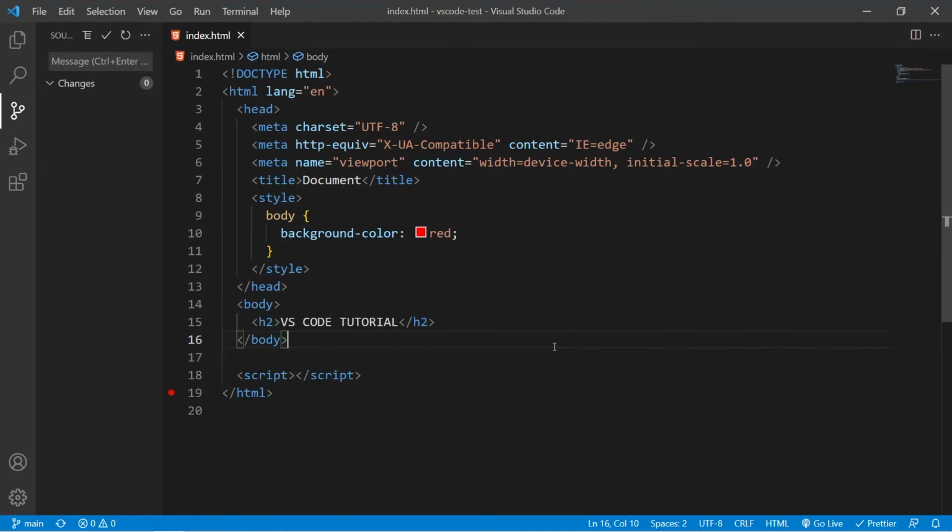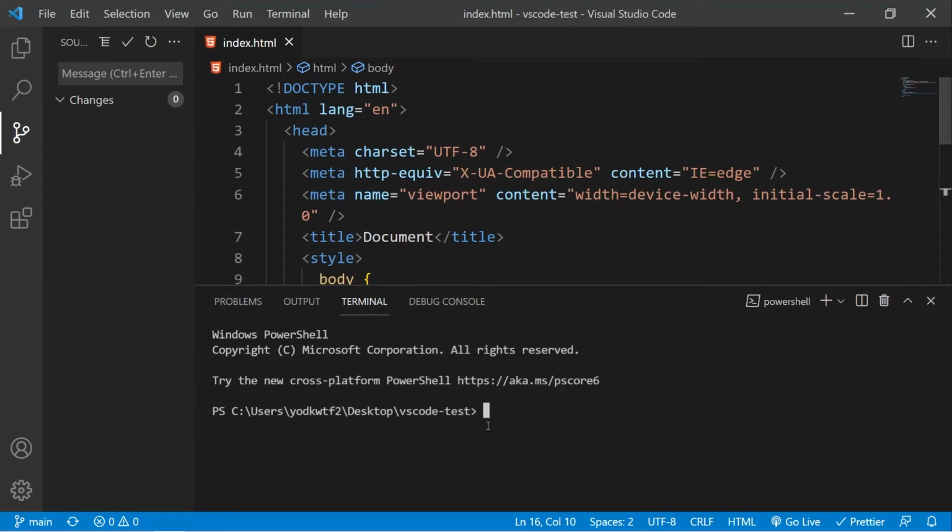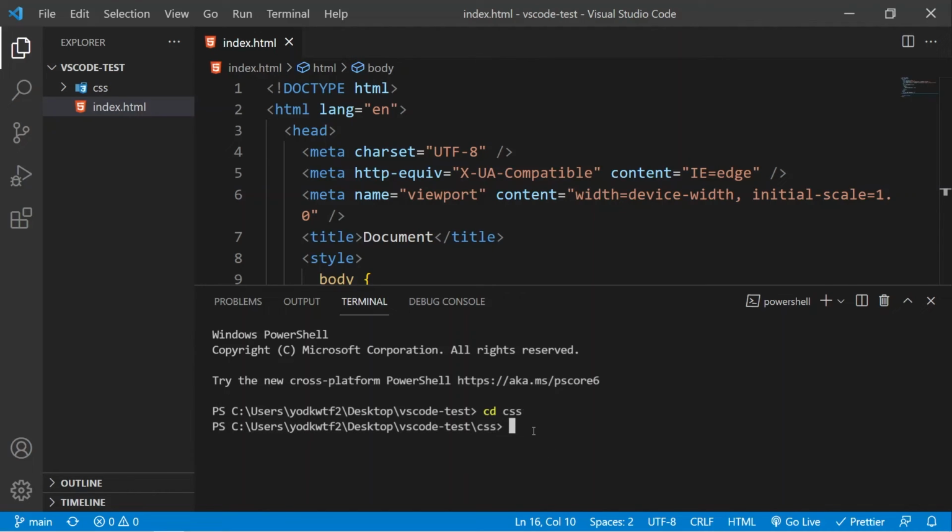So you saw how easy it is to use the terminal in VS Code. And when you are coding for a long time, using command prompt or some external terminal can take a lot of time. So you can just use the integrated terminal to boost your coding process, and it is super useful. Now you can also use the normal terminal commands, as I mentioned 10,000 times already. Like if we want to move into the CSS folder, all we have to do is cd and then specify this folder, and we are inside the CSS folder. So it's really simple and it's really awesome. When I am working on any project, I use the integrated terminal almost every time.